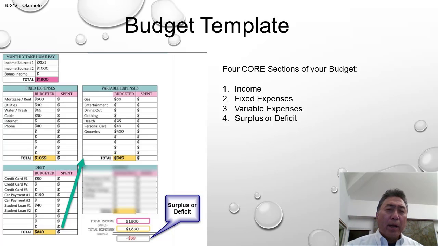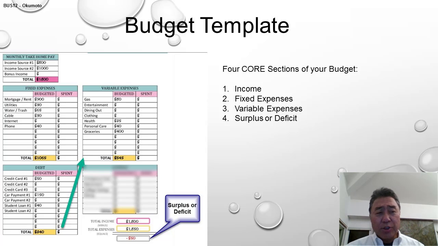There are 4 core groups or elements or sections to a budget. The first is income, what cash is coming in. The second major group or section is fixed expenses, spending we have to do each month, like on our mortgage, our car payments, rent, or utilities. The third category or component of a budget is our variable expenses. These include, you notice I have a little arrow going up, payments on debt, car loans, credit cards. These are all the variable expenses. And we'll see later on when we talk about managing our budget why this area is so important.